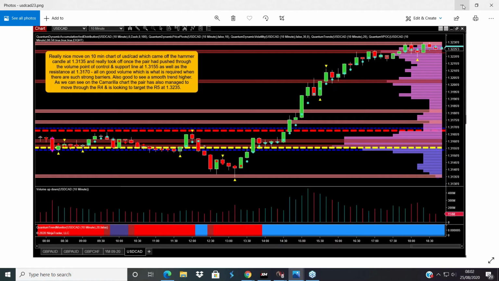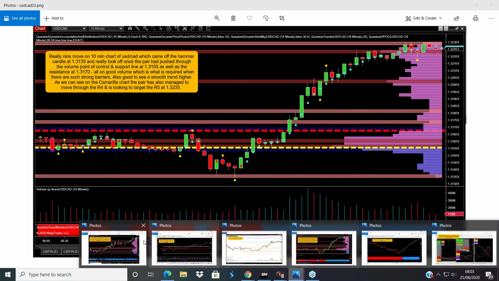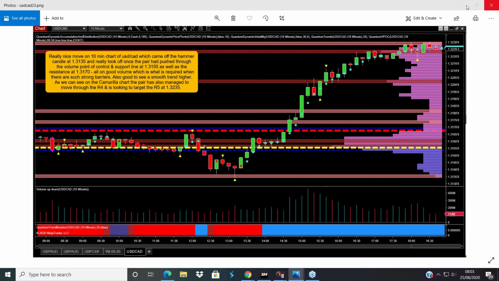So that's that trend. As we can see, trends in terms of smoothness of trends, consistency of trends, moving away from a breakaway region, looking at support and resistance regions in terms of price and volume to see whether the trend is likely to stop, pause, or carry on, and also overlaying that with, well, where are we in the actual session? Now, if we compare that with what we had with the Aussie yen, if I can find it,